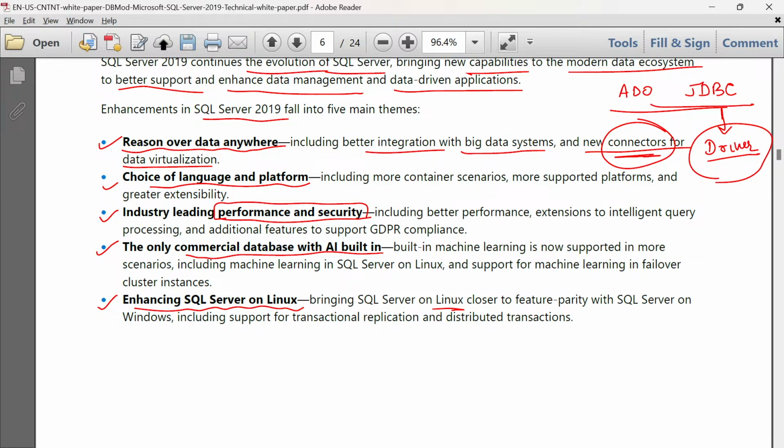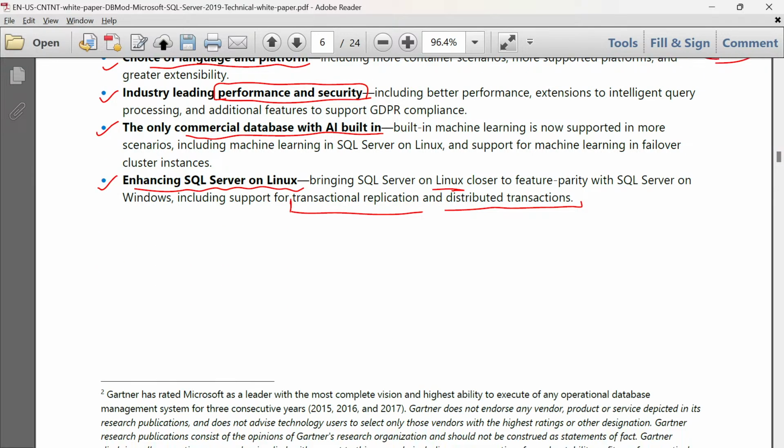We will be utilizing all these things. So what are those things? Including support for transactional replication and distributed transactions, not a single query, but distributed queries. Okay.